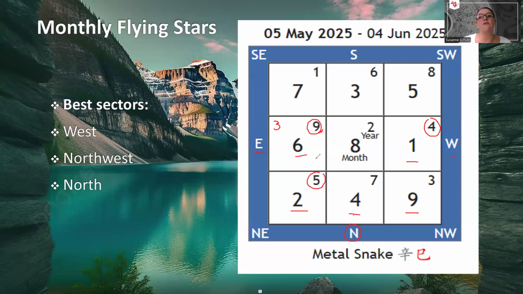So be a little bit careful, especially if you have a hobby that may be a little bit risky, like trail running or bungee jumping or things like that. Car racing, yeah, be a little bit careful, because it can lead to accidents that affect the limbs, yeah, the arms and the legs. However, aside from that, the East sector, if we're just looking at the monthly stars, is a good sector